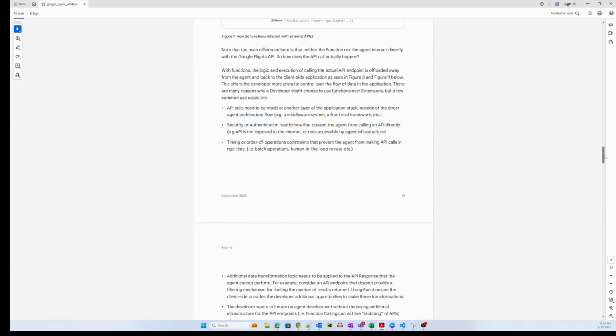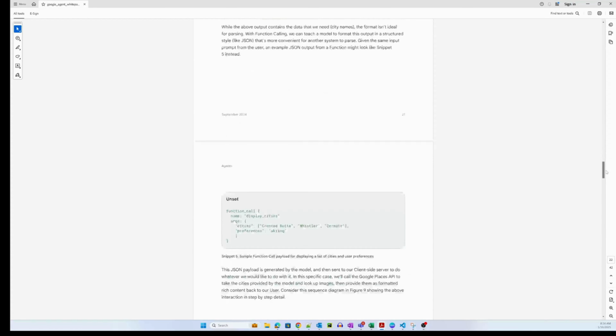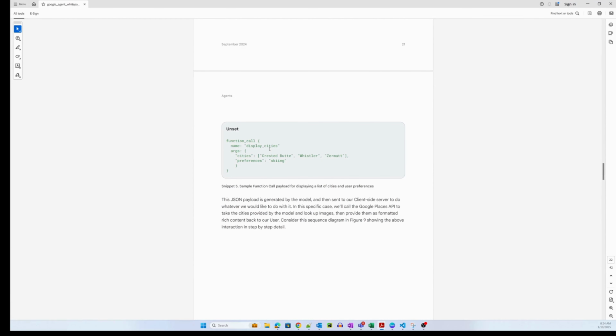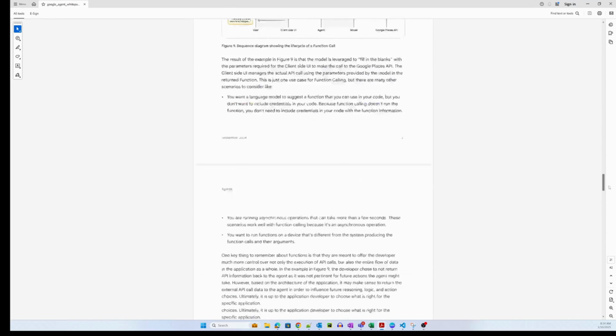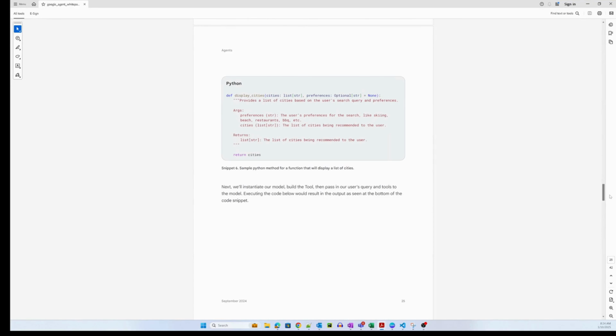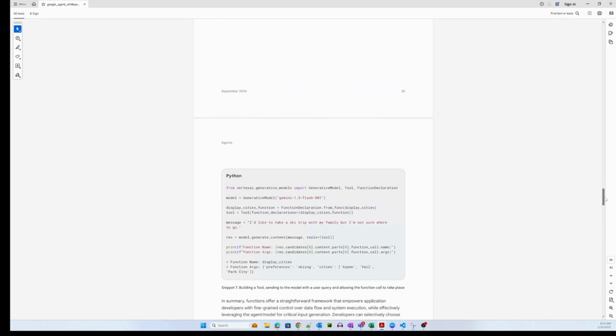Let's look at function as well. Just like we saw with the OpenAI function calling feature, you have a function call that you can essentially set up like this, right? If I show you an example, display city is the method that is written, and let's see how this is added to the code.